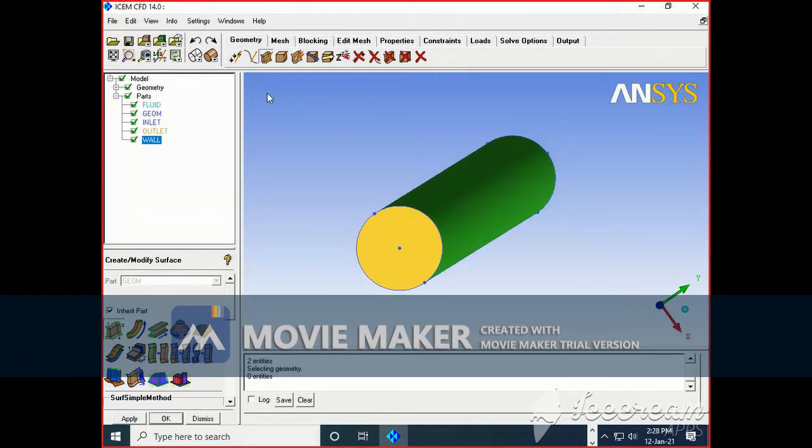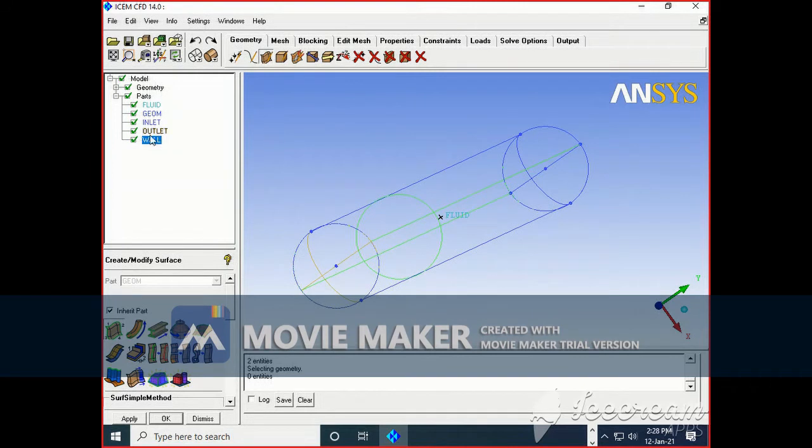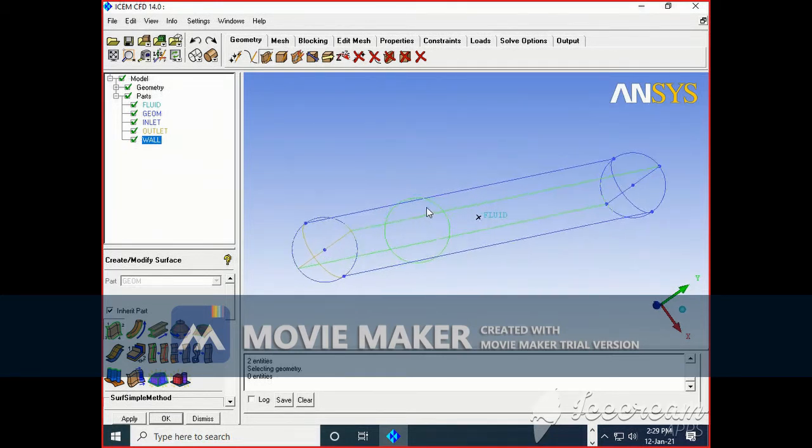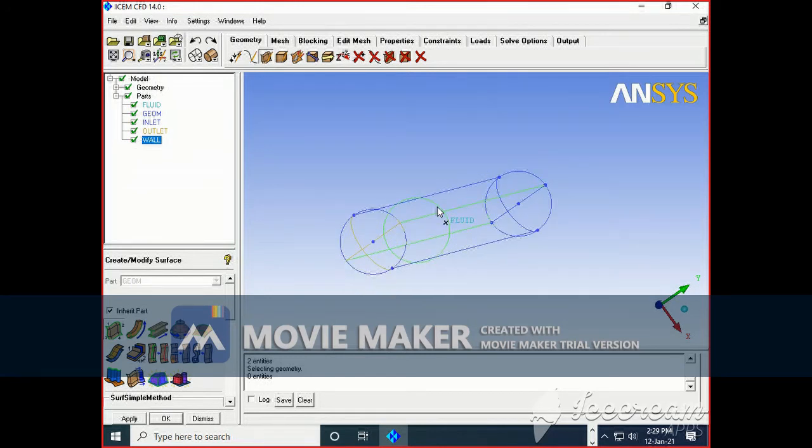So up to this part what we did, we created a drawing, we have given the labels inlet and outlet, and we have given what is inside, that material point. It is called a material point. We have created a material point inside the volume called fluid. It means inside the volume of this tube there is a fluid. That is the meaning of this. And in the solver you can give the fluid property. So this is how to draw a diagram in simple ICM CFD.